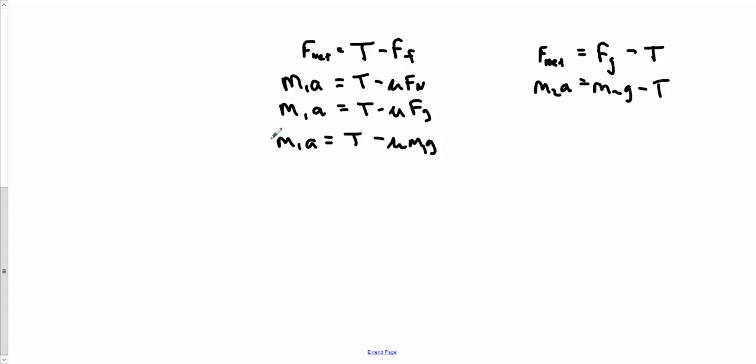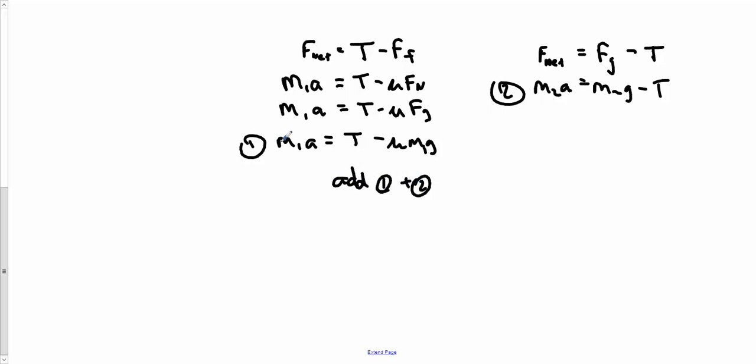Now I've got two equations. We'll call this number 1 and we'll call this number 2. Each one has an A and a T in it. The other things in the formula I know. So I need to solve these two things simultaneously. I can substitute, I can compare, or I can eliminate. I'm going to try to eliminate. I'm going to add